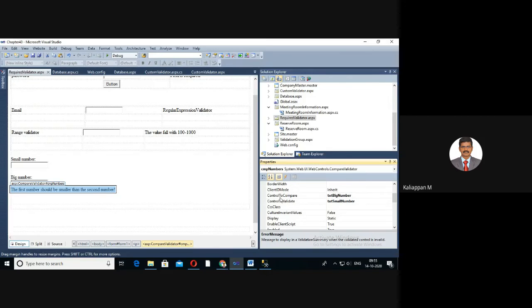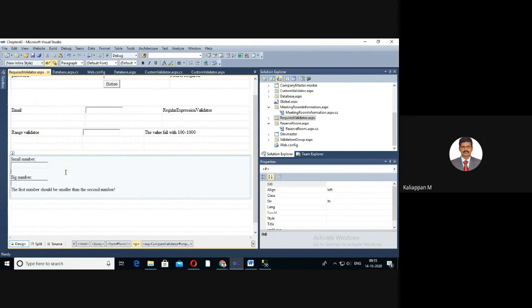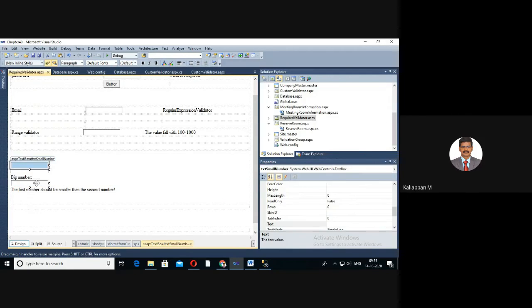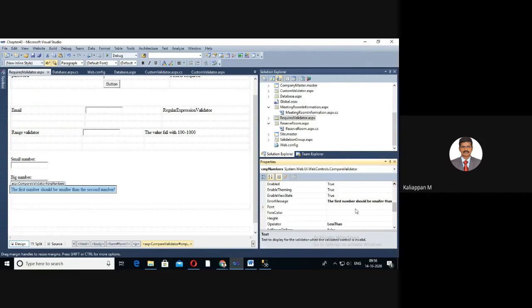Control to validate is txtBigNumber, control to compare is txtSmallNumber. The compare validator compares these two controls. Then select the compare validator and give the message in the error message property.